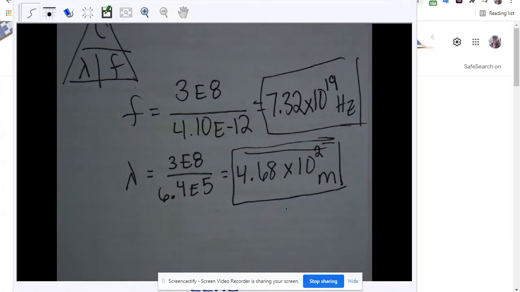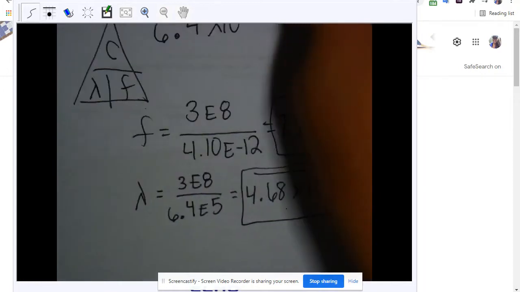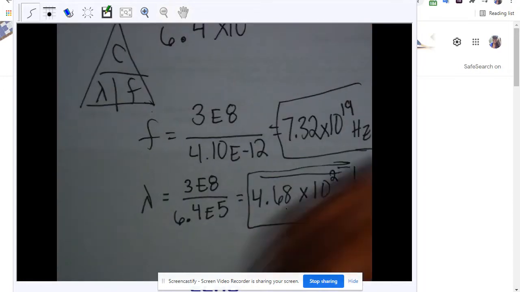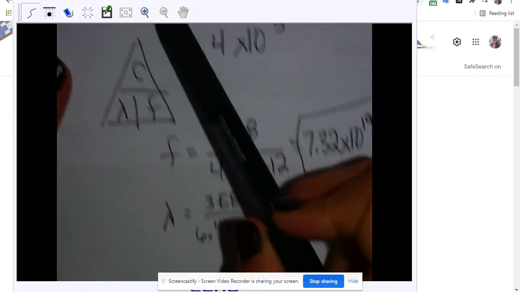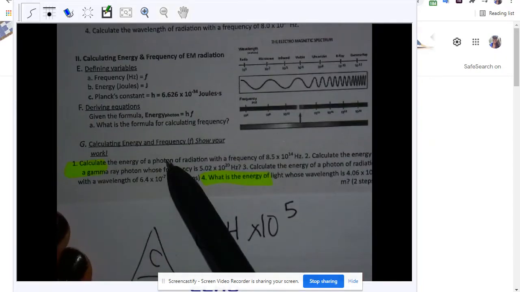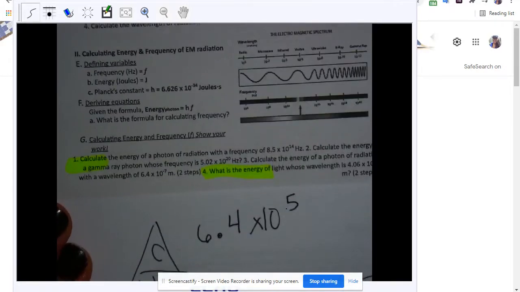Okay? All right. The next one that you guys had to do had to deal with the other equation, which is your one that has Planck's constant in it, right? So we wanted to calculate the energy of a photon of radiation with a frequency of 8.5 times 10 to the 14 hertz. So we wanted to calculate energy. So we know